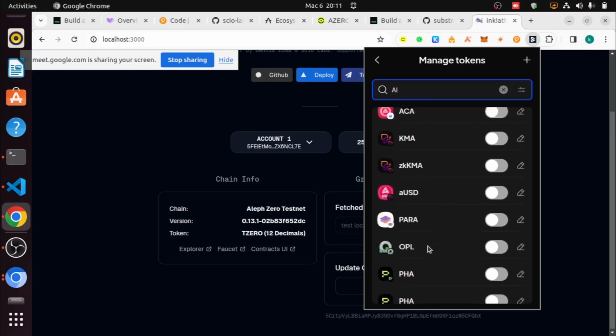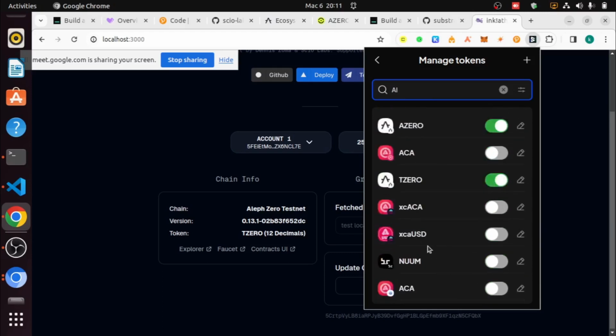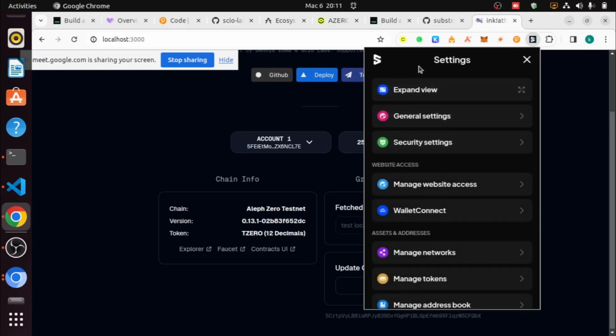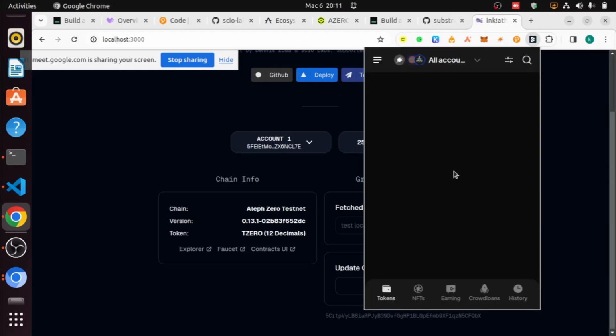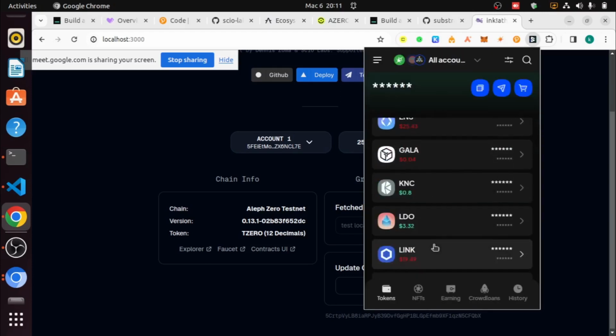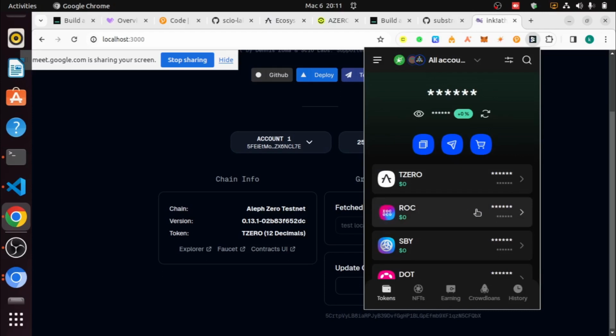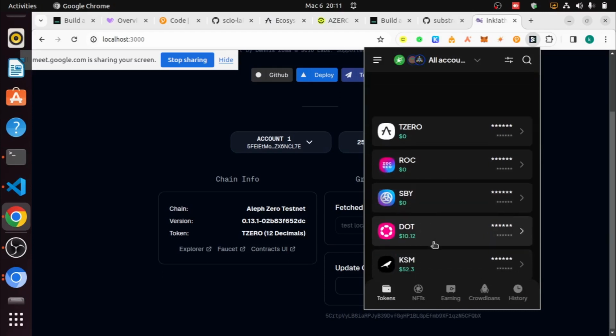If you want to test on Kusama, or on any other smart contract chains, if you want to test on all the chains that allow smart contracts, on Shibuya, yes, on Astar, you can just come there and then search for your token, add it, and then it will be visible here among this list. Test on Rococo, Shibuya. Okay,